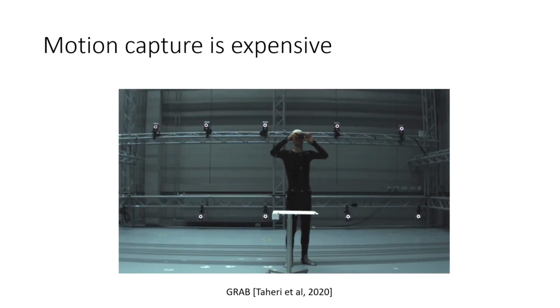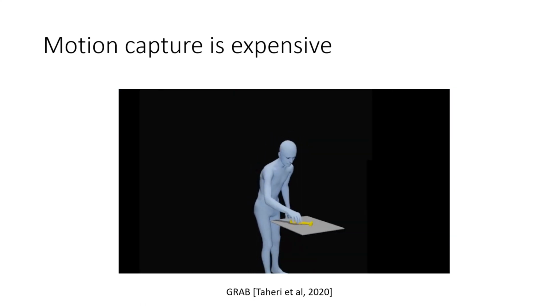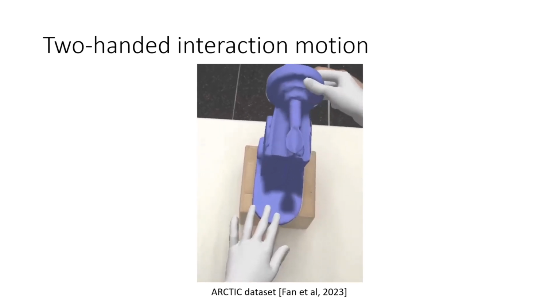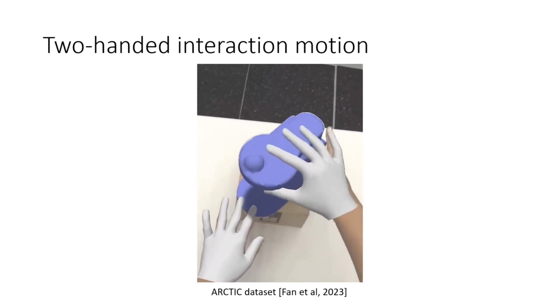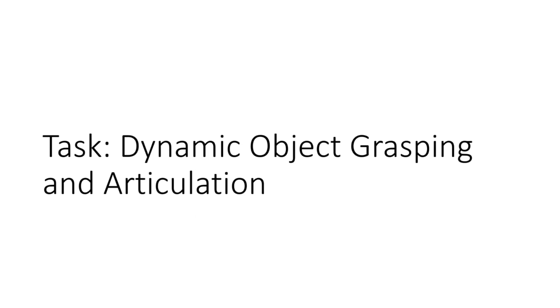Capturing detailed human motion in films and games is costly and challenging due to extensive data cleaning. A model that can generate two-handed object interactions could considerably reduce these costs. Based on this overall goal, we introduce a task, dynamic object grasping and articulation, which combines grasping, relocation, and articulation